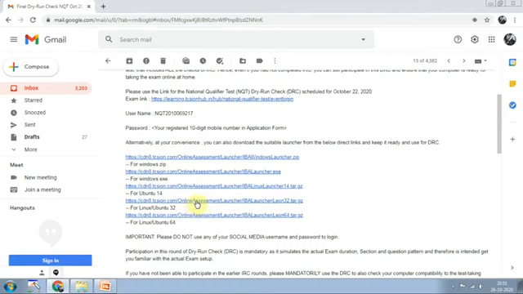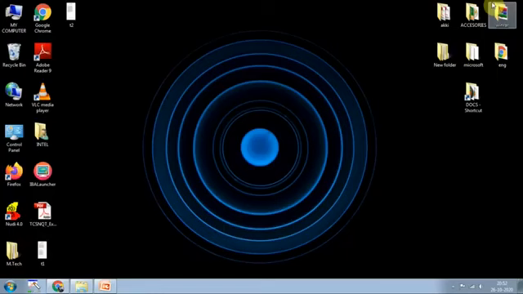So for Linux it is here, and for Linux and Ubuntu 64-bit, this one you can see here. These are the links which they will provide. So for every student they will be sending. Alright, so once you click on this one and click on download again, then you will have an icon like